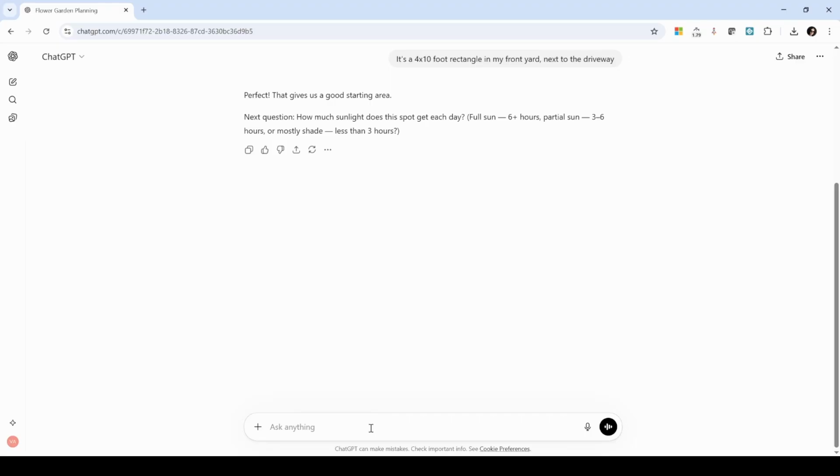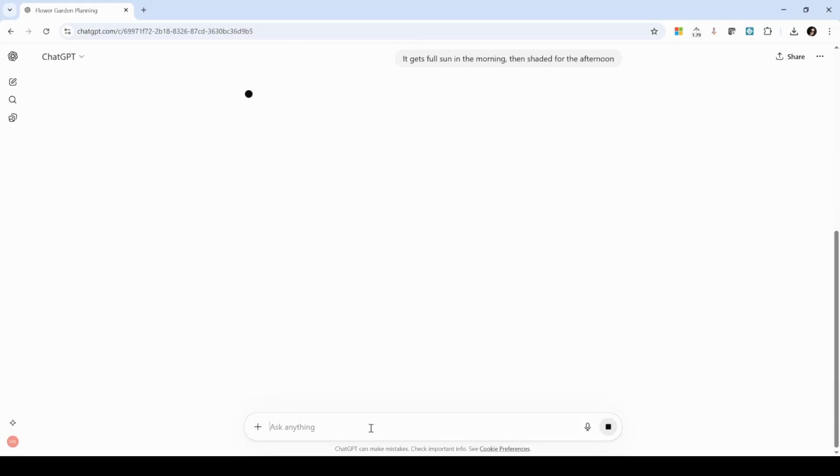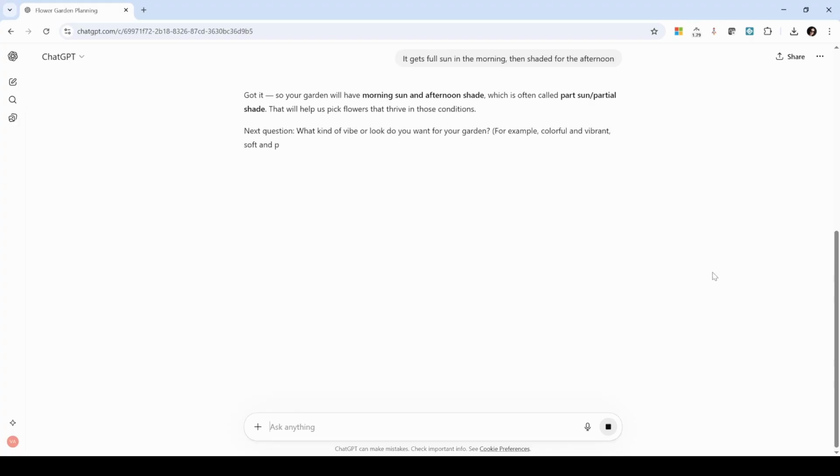Next question, how much sun does this spot get during the day? Is it full sun? It tells you full sun is considered 6+ hours a day, partial sun 3 to 6, or is it mostly shade, less than 3 hours? And I responded, it gets full sun in the morning, it's shaded in the afternoon. So the tool now knows that it needs to select plants or suggest plants that work in that